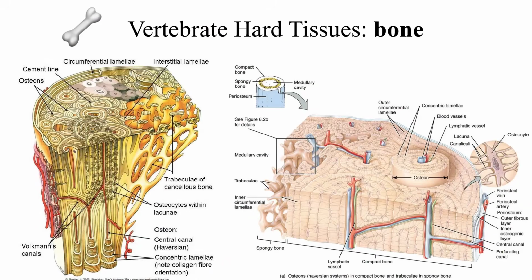tissue. And thankfully for all osteichthyans, so that's most of your fishes today, all of your amphibians, reptiles, mammals, birds, they have this structure that we call bone. Bone is a living thing that's full of living cells with nerves and blood vessels that can bring nutrients and take away waste. And bone all throughout the life of an organism is remodeling and growing. It can repair itself. And so therefore is a really wonderful way to interrogate the lives of extinct